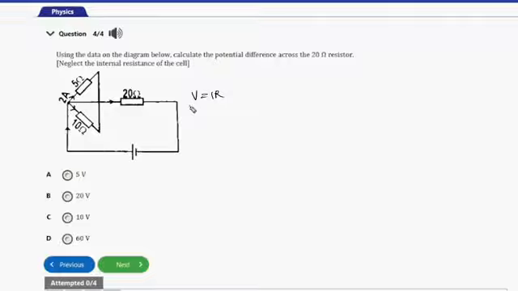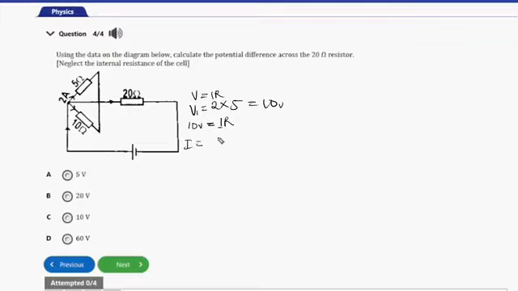So here, the V1, which is the voltage across the 5 ohm resistor here, will be 2, which is the current, times 5, which is the resistance, and that's 10. So V1 is 10 volts. But let's take note that this 10 volts is also moving across the 10 ohm resistor. So in order to get the current also moving across the 10 ohm resistor, we are still going to use V is equal to IR, and then we'll make I the subject of this equation,